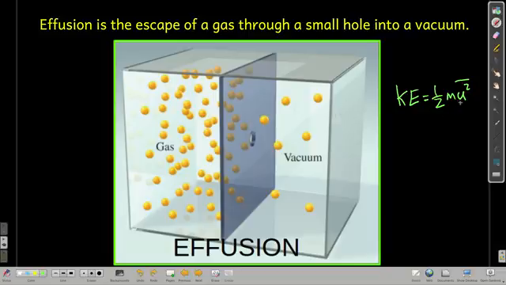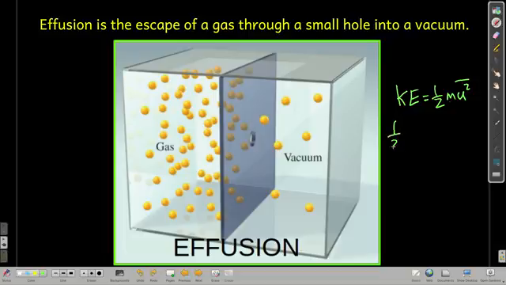Now, if they have the same kinetic energy, but one of them has a smaller mass than the other, that means the one with the smaller mass must be moving faster on average than the heavier one. Does that make sense? So because they both have the same kinetic energy,